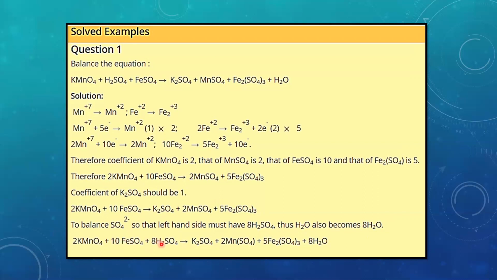So now it is 10 plus 8, 18 here as well, 4, 2 and 15, and this is 15 plus 2, 17, and plus 1, 18. So on the right hand side there are totally 18 sulfate ions, hence on the left hand side as well it is 18 sulfate ions. And now to balance the number of hydrogen atoms, 8 twos are 16, so we have here 8 water molecules, and if you check, the oxygen atom is also balanced in this chemical reaction. Okay.